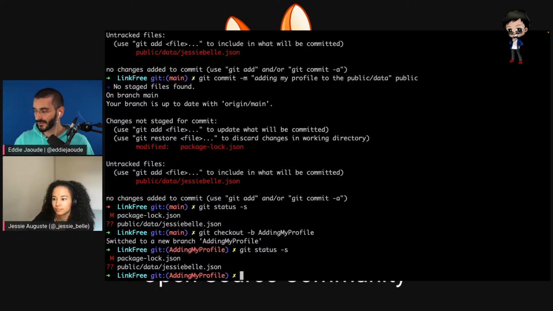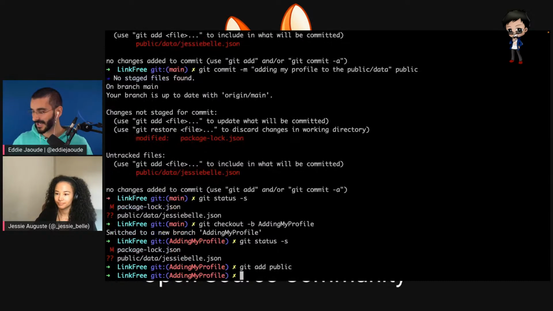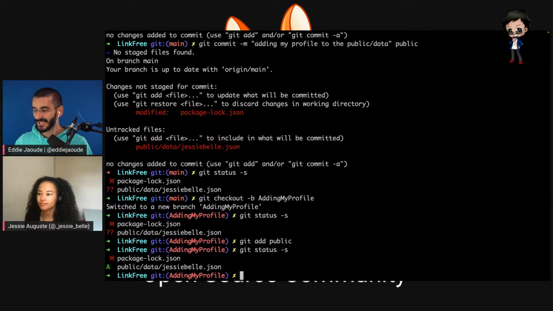So we can do git add, and everyone please don't use dot on any of these git commands. Specify the path or part of it. Perfect. So if you do that now and you do a git status -s, we can see the git add